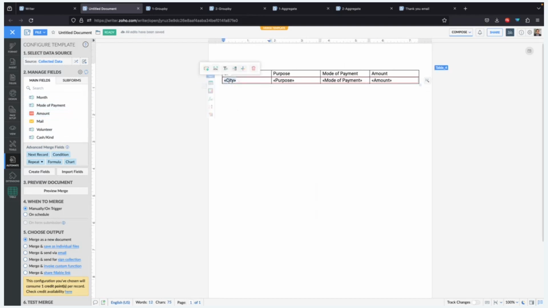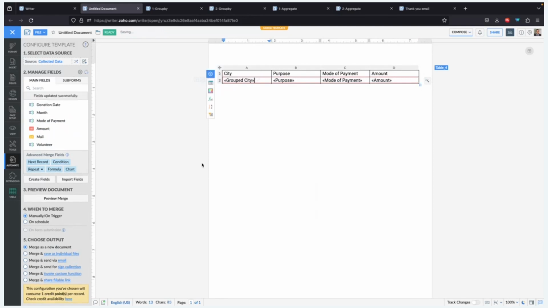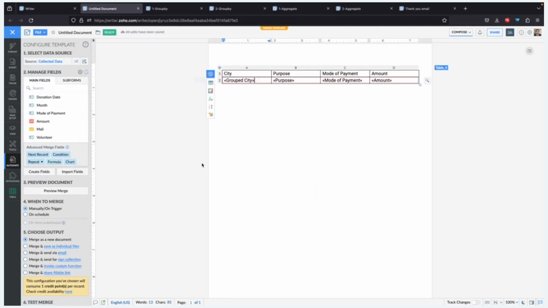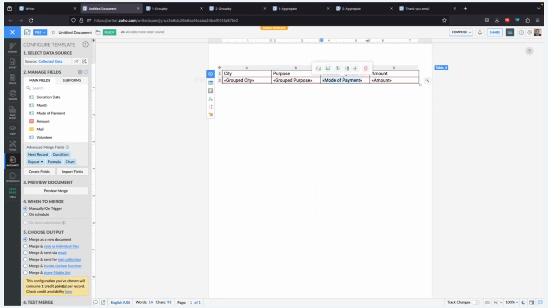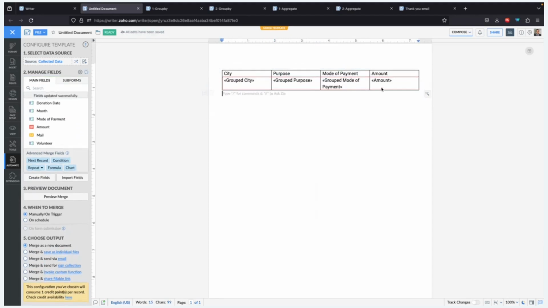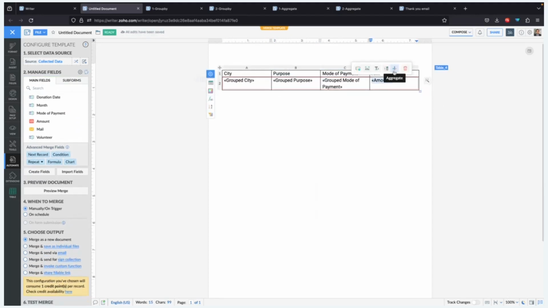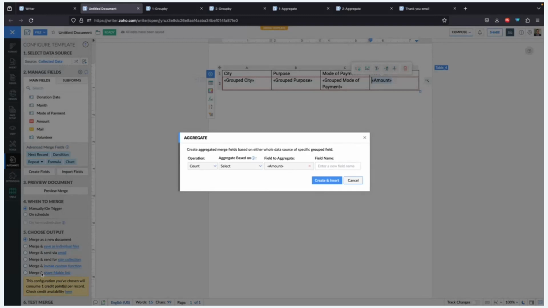So now I'll just go to city and select group by, so that I'll get the total based on the grouped city. So similarly, I'll insert a group by for purpose as well, and for the mode of payment as well, so that it will be easily categorized based on it. And in amount, I'll select the aggregate field. So now for this, I would have to have a sum